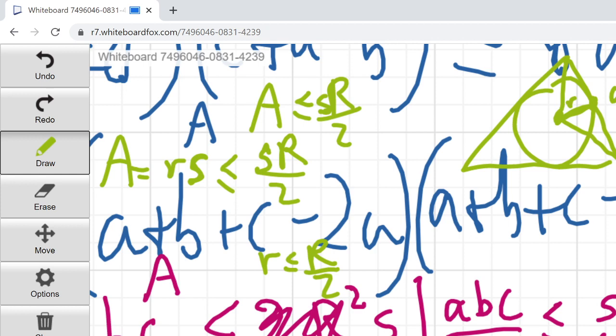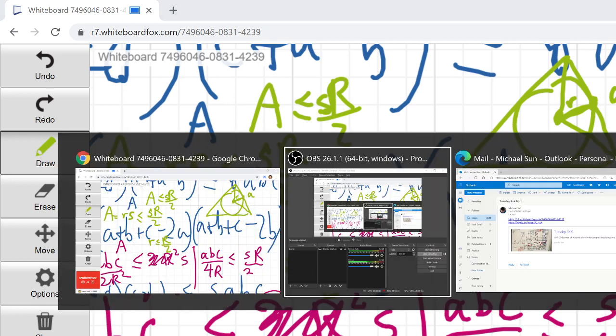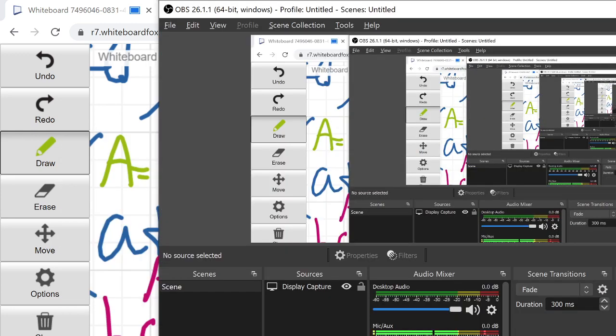Alright, so I guess that wraps up the inequalities and the geometry, huh? Any questions? Isn't this just the antiderivative, which